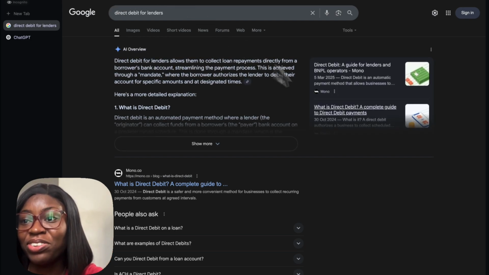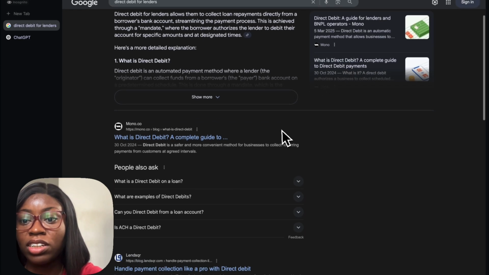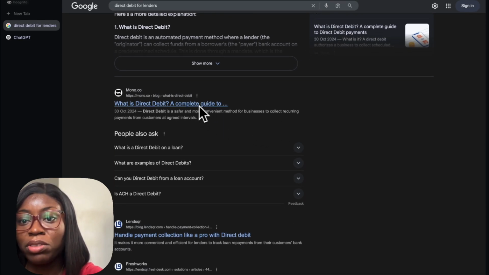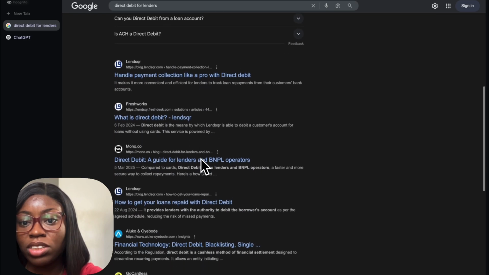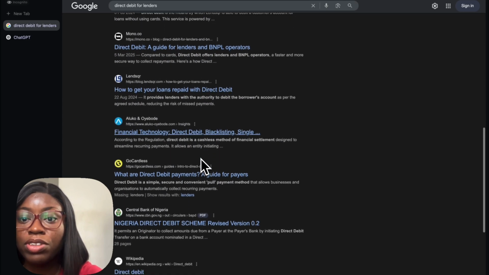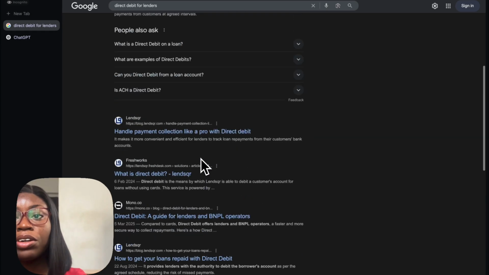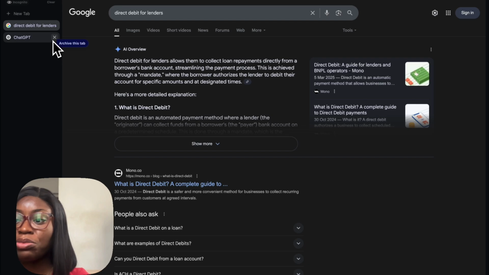So our article on direct debit, a guide for lenders, also comes up, position number 1, followed by our pillar page article. And our pillar page article is literally on the first position for that keyword. So besides